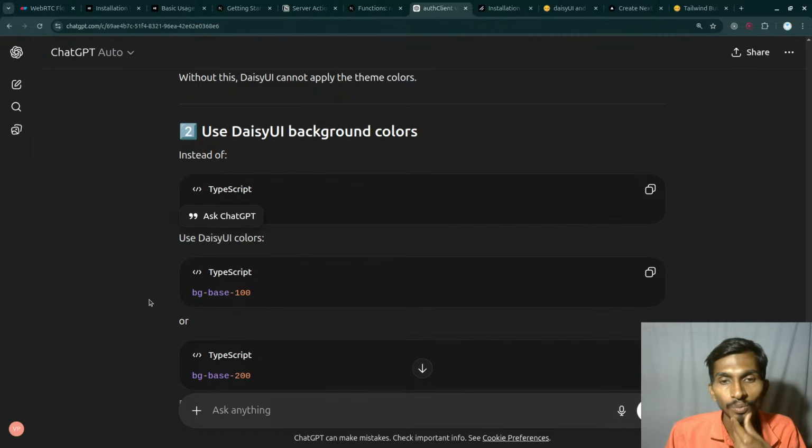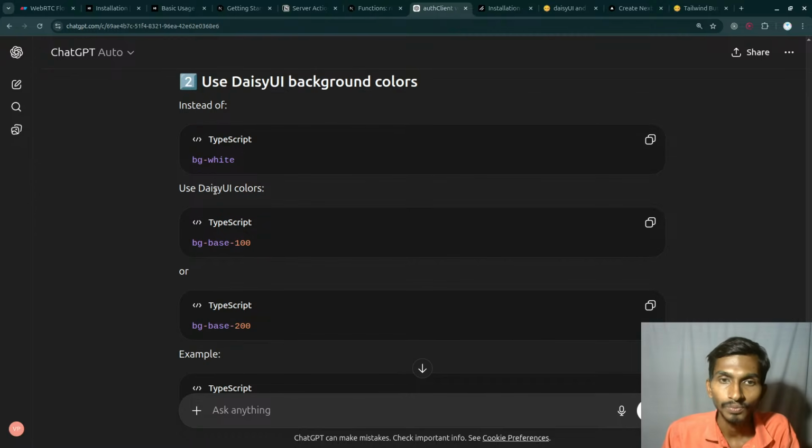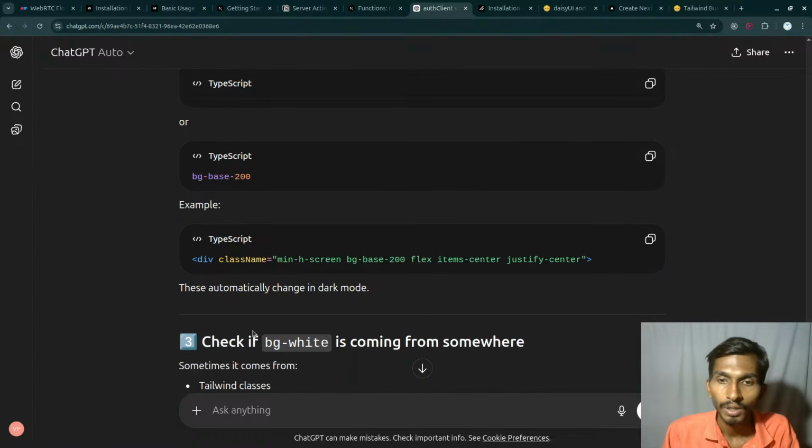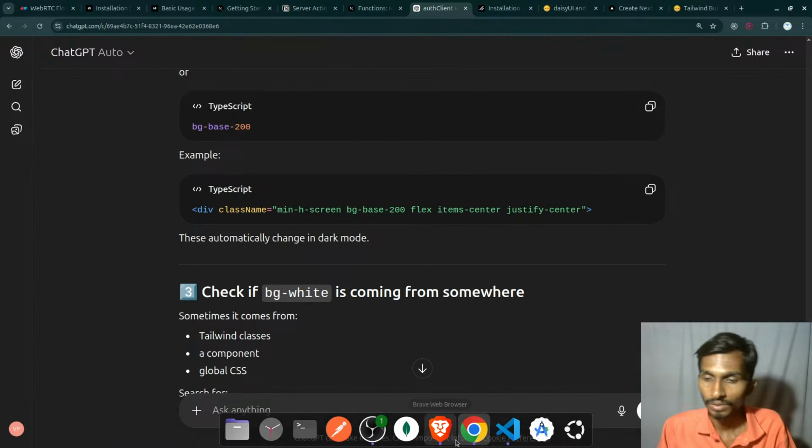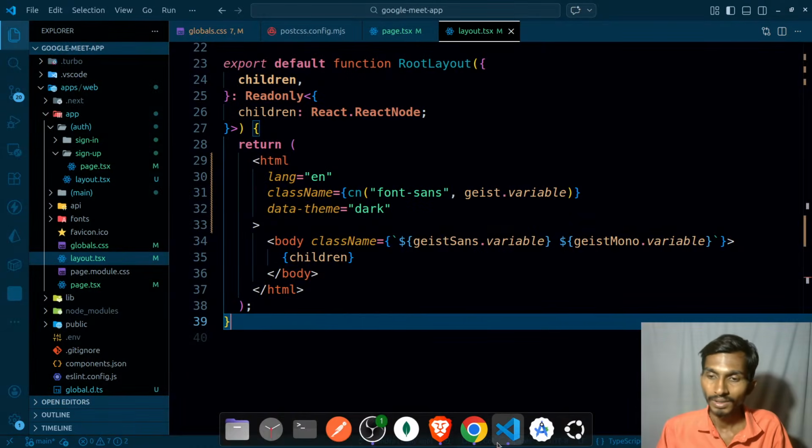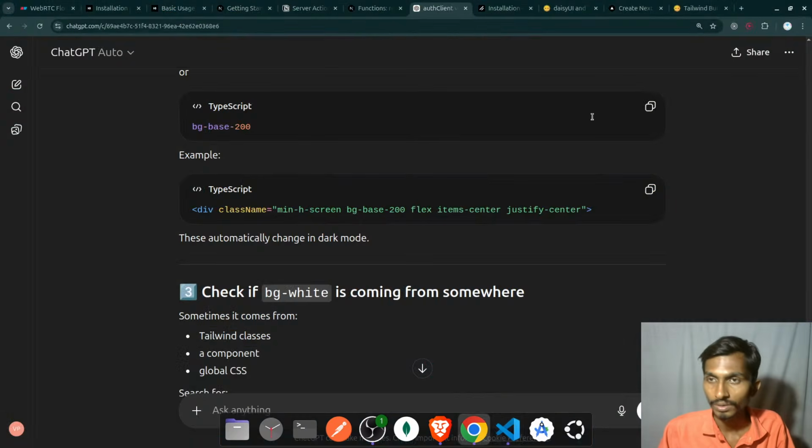I'll have to go with the colors. There are a few colors right now. So use Daisy UI colors, BG base 100, BG base 200, and on the basis of that, just simply change the stuff colors. I think I have to do it manually. So when it comes to the colors,